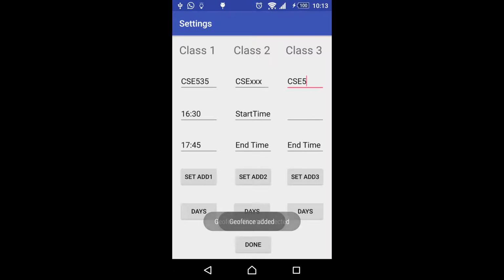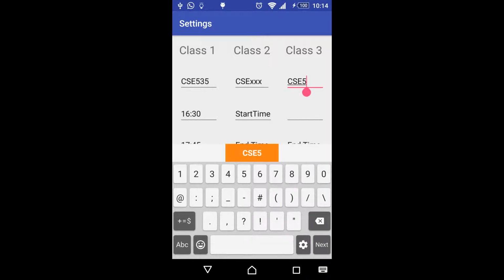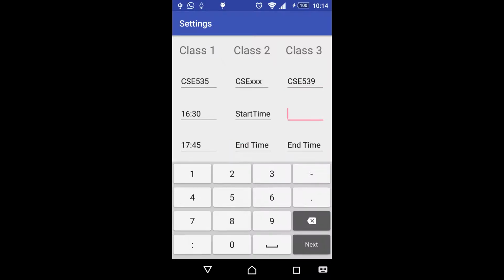As soon as the student enters the radius, the geofence is triggered and we know the student might be going to the class. We don't straight away register the attendance, but we have a dwell time of 30 minutes, after which the attendance is registered if the student has not moved out of the radius in 30 minutes. For now, we have set the dwell time to 1 minute for easy testing.